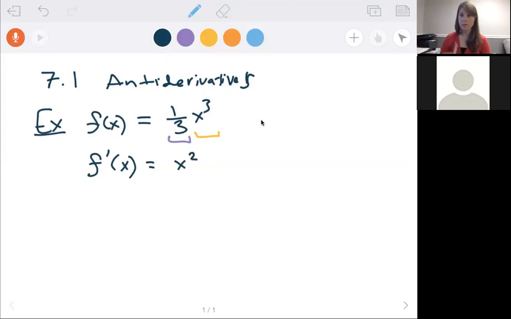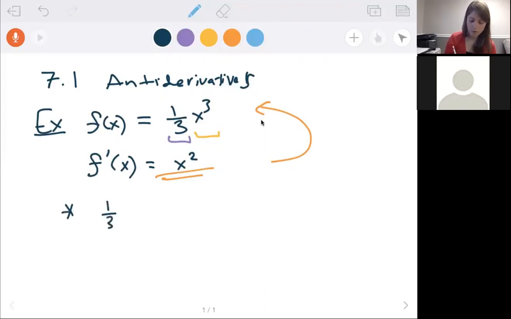So when we go this direction, I like to think about it as moving forward, starting with a function and getting a derivative. What we're going to do is go the other direction. What if I give you the derivative and ask you what the function is? That's saying, okay, let's say I give you this piece and I ask you to recreate this piece. So when we think about it like that, here's what we're going to say. 1/3 x cubed is an antiderivative